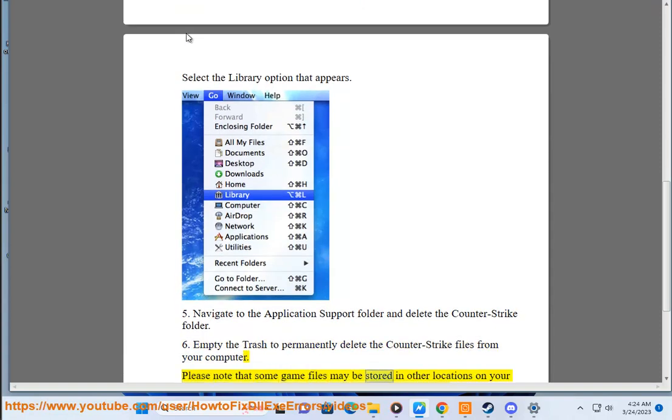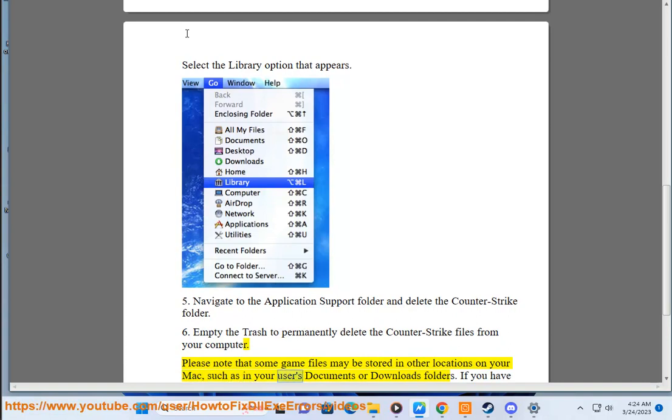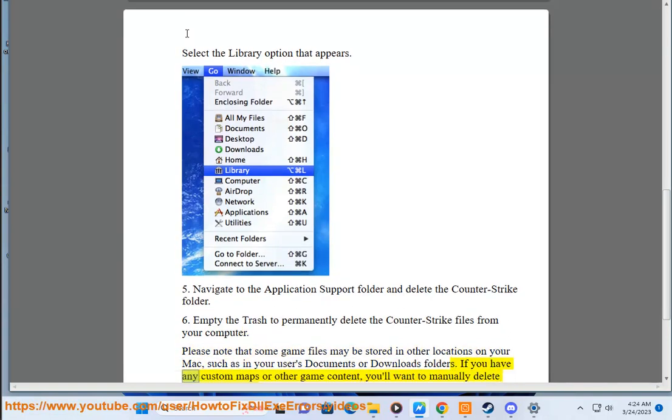Please note that some game files may be stored in other locations on your Mac, such as in your user's documents or downloads folders. If you have any custom maps or other game content, you'll want to manually delete those